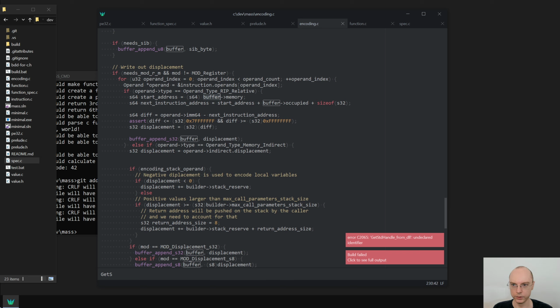So there is buffer memory, start address, buffer occupied. Okay, so next instruction makes sense, but operand immediate is, yeah, this is not exactly what we want for